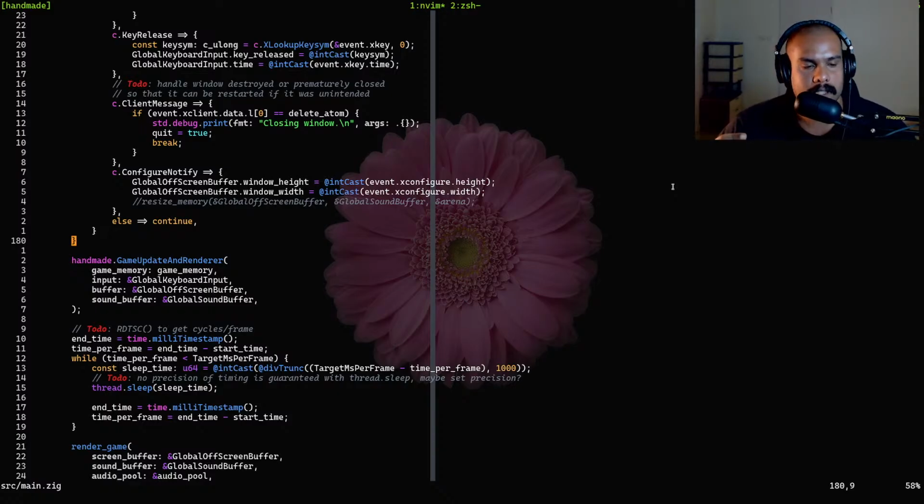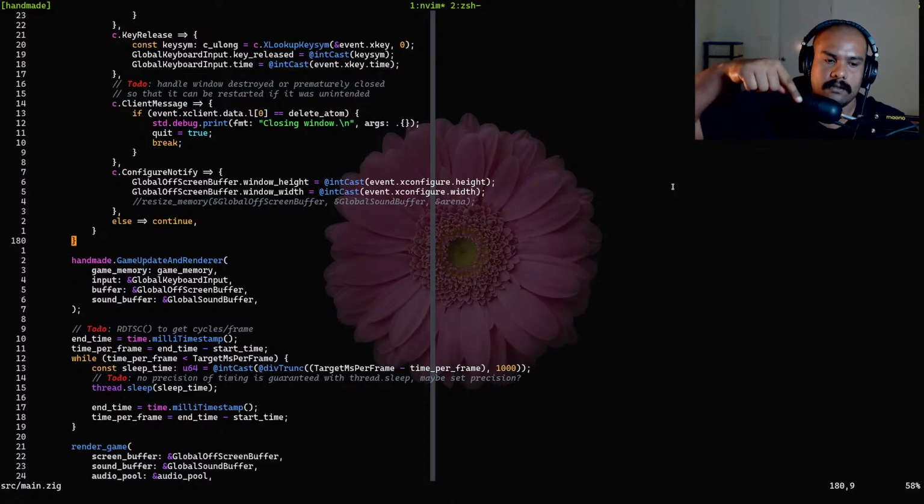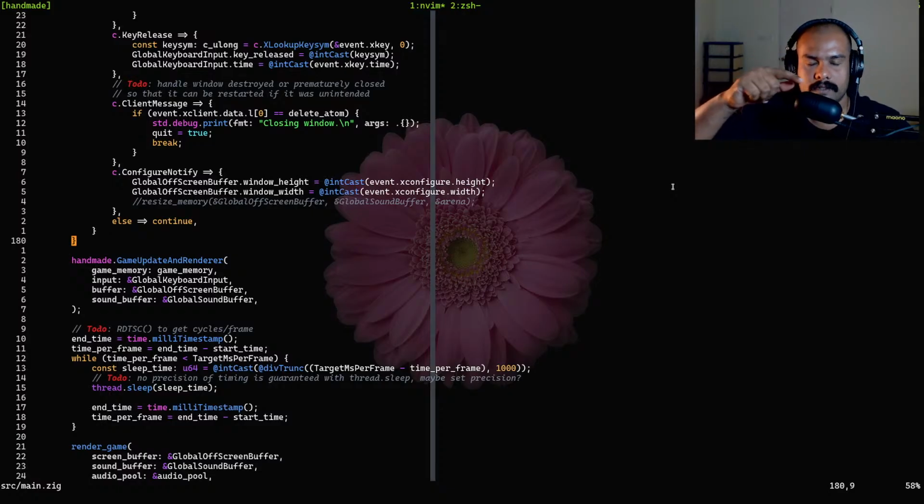Turns out the clicking noise was caused by the sine wave going to like 0 every time the next wave was playing. So every time the frame buffer was rendered, the audio was rendered as well, and then it would always start at 0. So let's say the sound wave was somewhere here, and then it going straight to 0 caused the clicking. So to fix that,